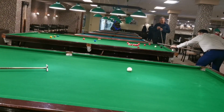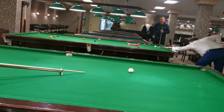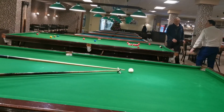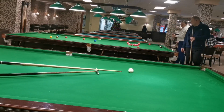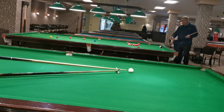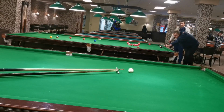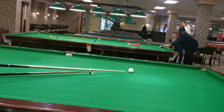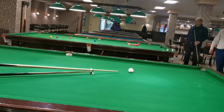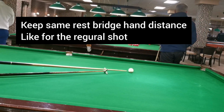All right, so I will try to put the cue ball to the corner pocket. I'm keeping a normal distance from the cue ball. I don't want to be too close, and I don't want to be too far away because both ways are not good. When you are too close, you don't have enough backswing length to pull the cue ball, and you most likely will jab the shot. And if you have a very long distance, it's more difficult to see the cue ball properly centered, and you're more likely to play across the ball. So just keep an optimal distance like this,